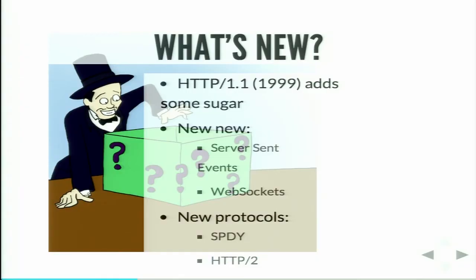So as I said, very little has changed, but a few things are beginning to change over the last few years. We're currently getting extensions to HTTP like server-sent events, which exist purely by adding extra headers and an extra portion to the request itself. And WebSockets, which, while using HTTP to initiate the initial connection, actually are an almost entirely different protocol. And we get new protocols along the way.